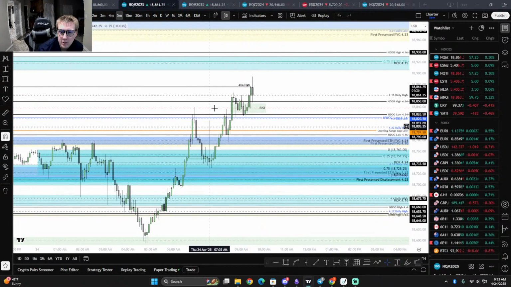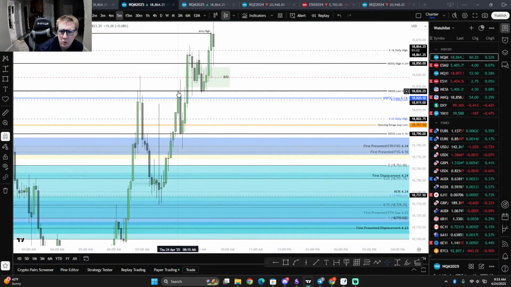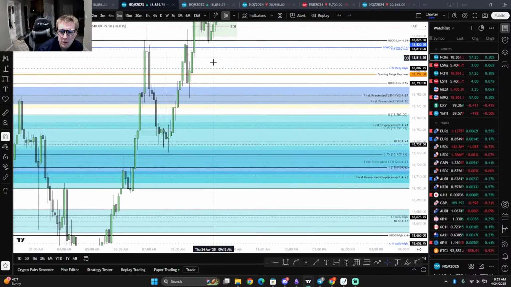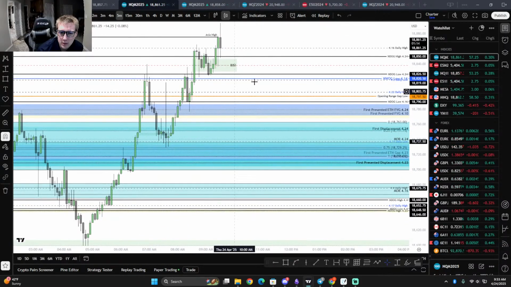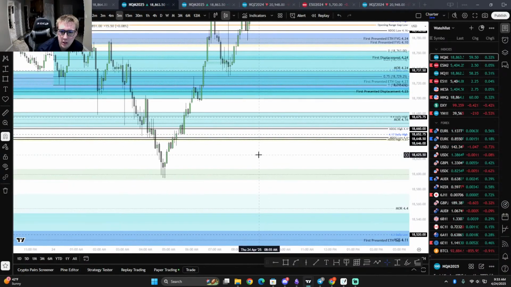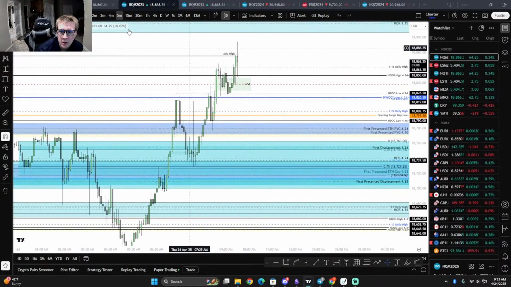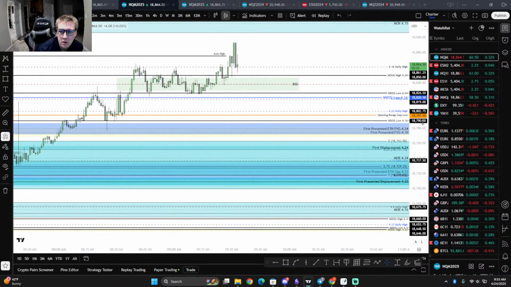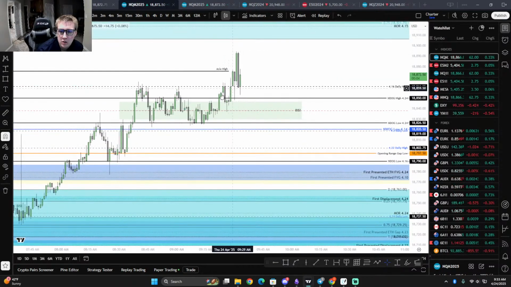Other than that, there's no clear 5-minute buy side imbalance. Yes, we have this order block, but I wouldn't want to see us trade back into that. We have this little inefficiency here, and then we have this fair value gap, but it's not clear. That's also within midnight opening ranges, so we wouldn't really want to see that hit. See if this is a buying opportunity within here with that old daily high. So I do like.